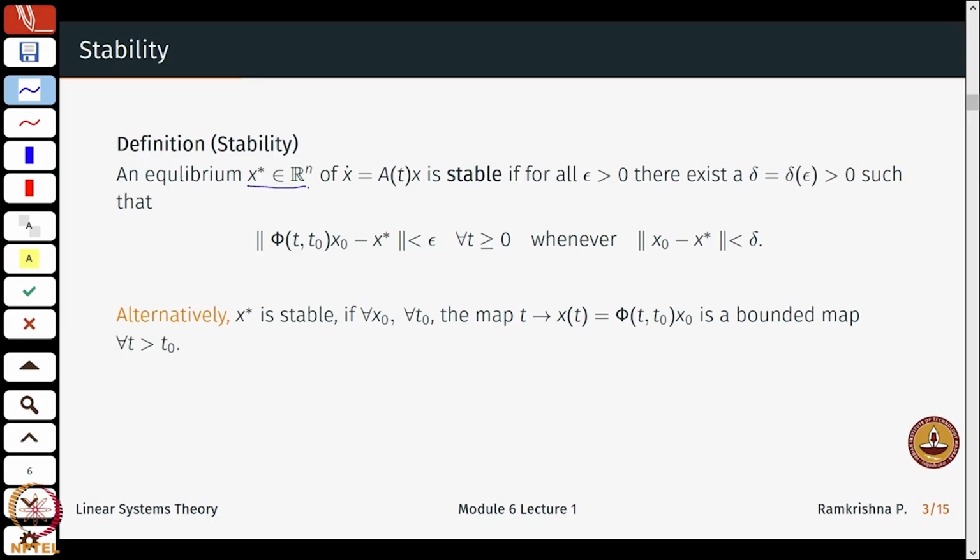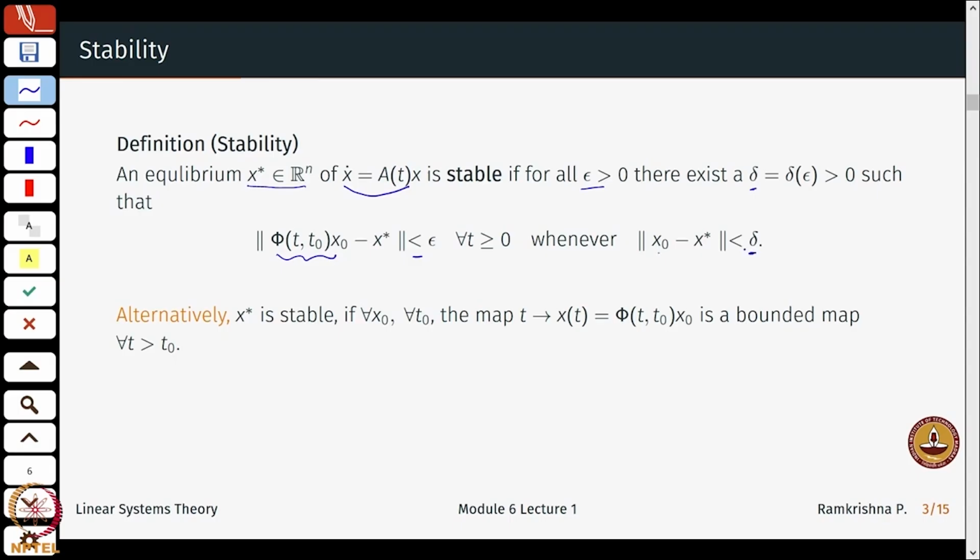So an equilibrium x star of the system x dot is A of t times x, where for ease of notation I drop the time argument for x, is stable if for all epsilon greater than 0 there exists a delta, which is a function of this epsilon, such that the norm of the solution, phi of t, t 0, x 0, minus x star is less than epsilon